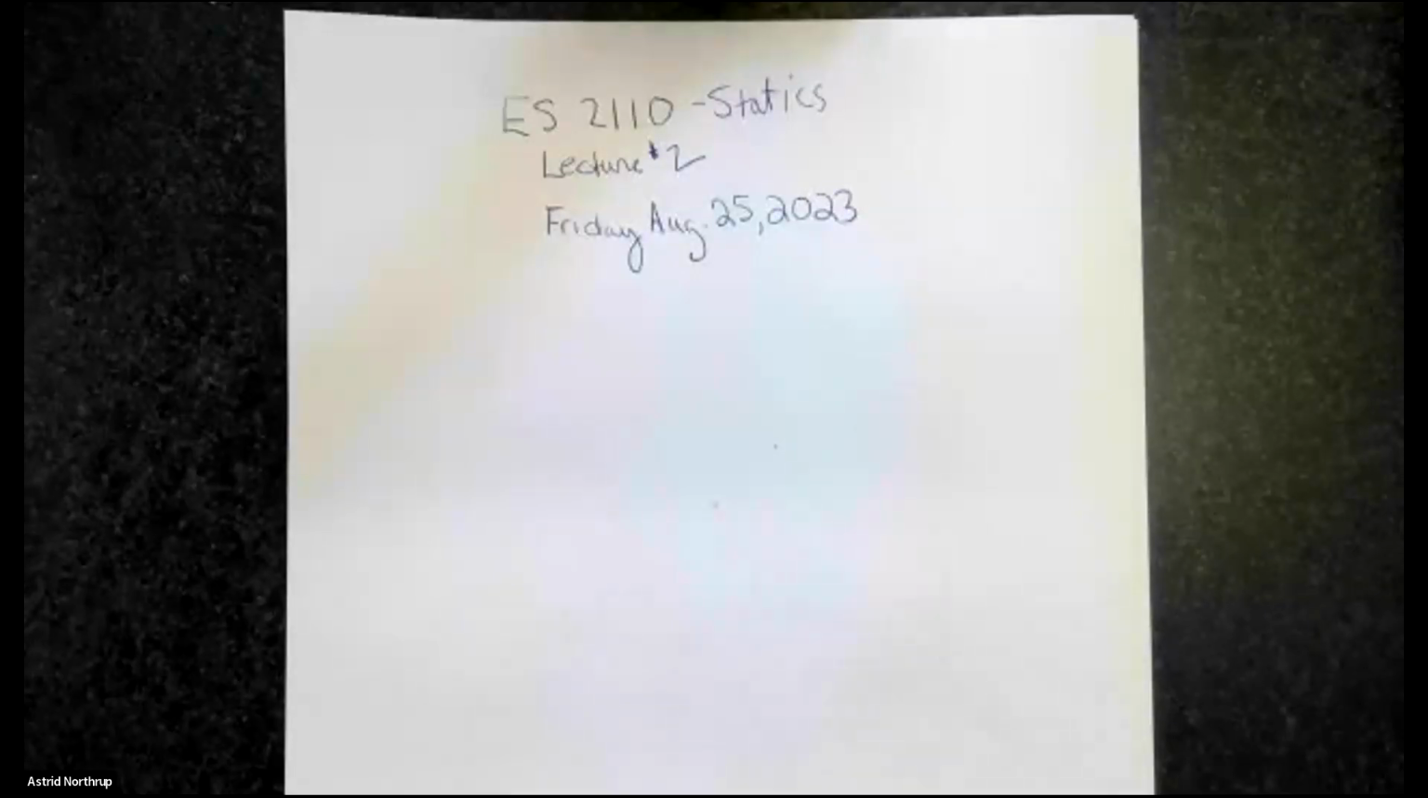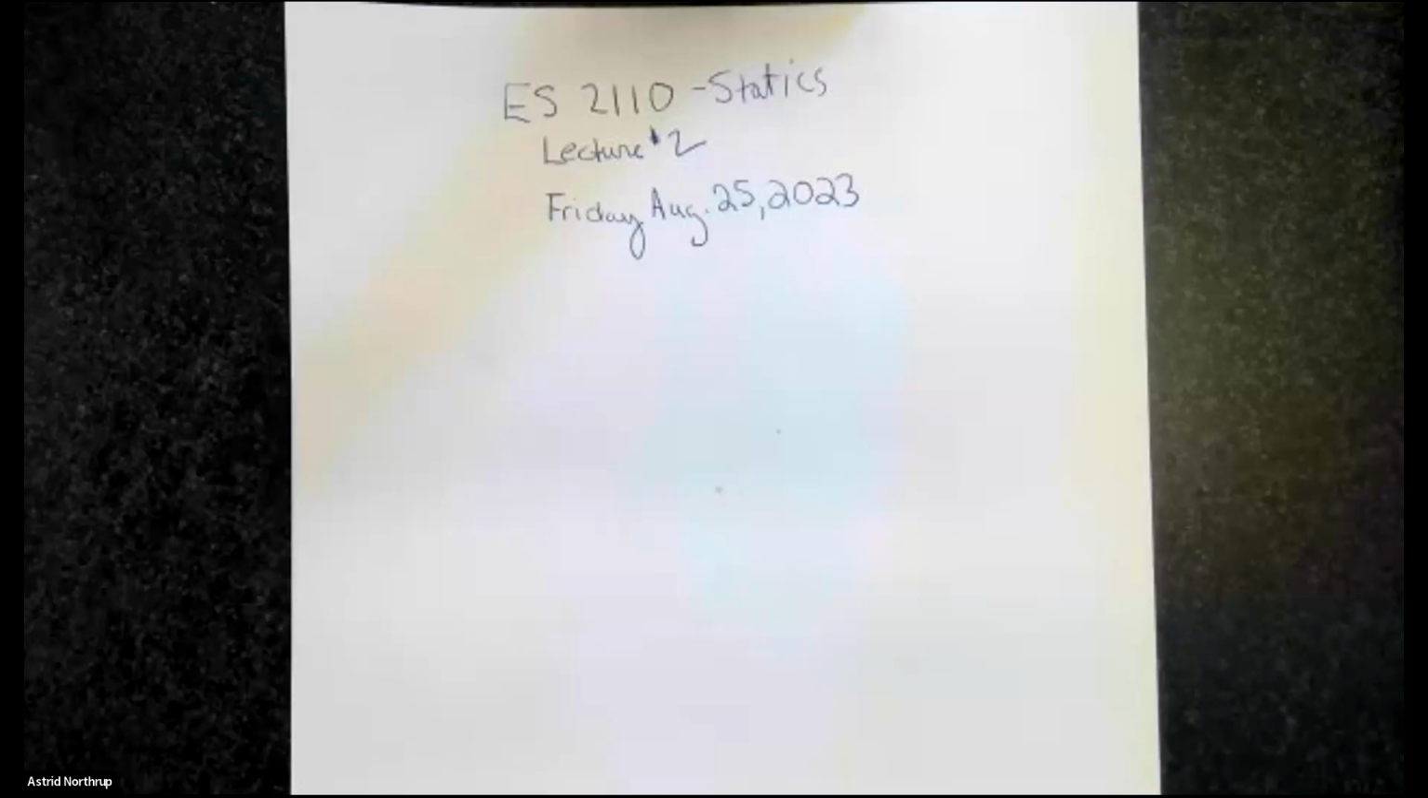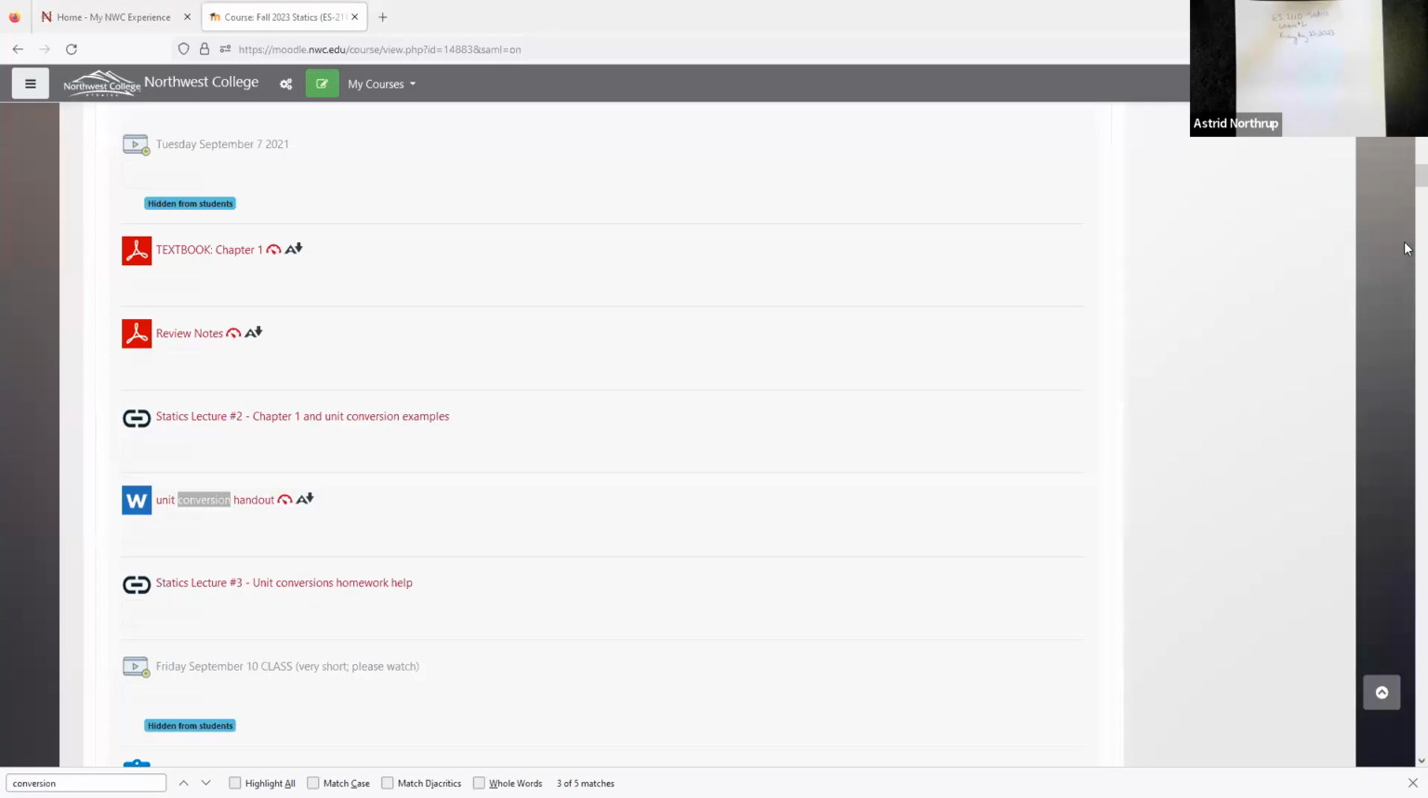Hi, everybody. Today is our second statics class, and we are working through lecture number 2, which is going to involve using the shared document that we have about unit conversions. So first of all, I just wanted to remind you that this is a homework assignment, and it will be